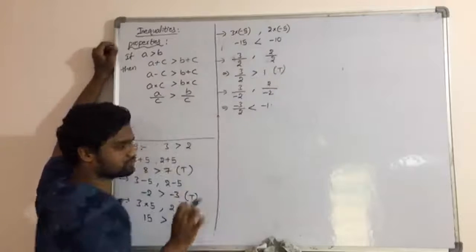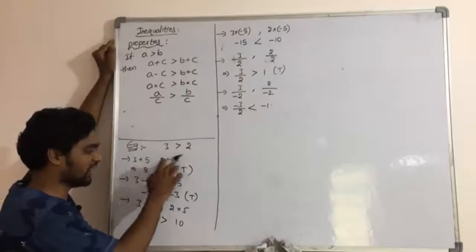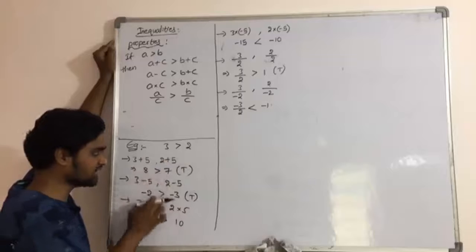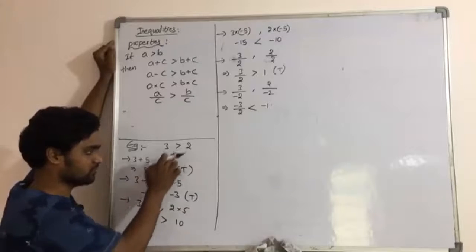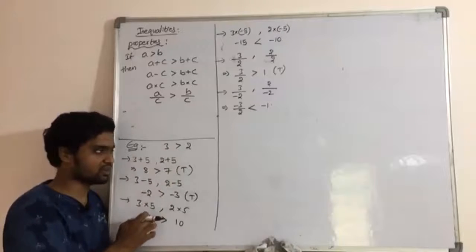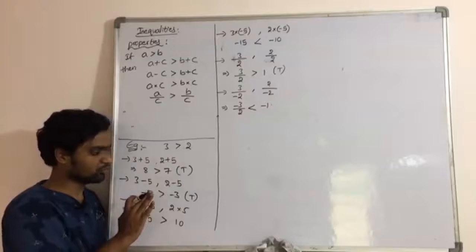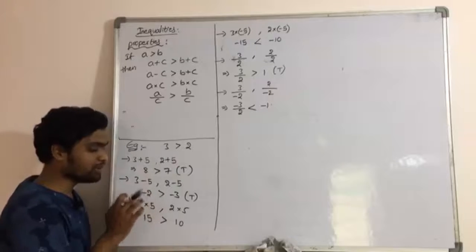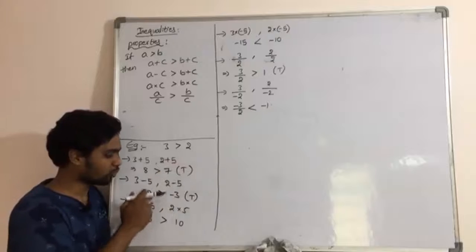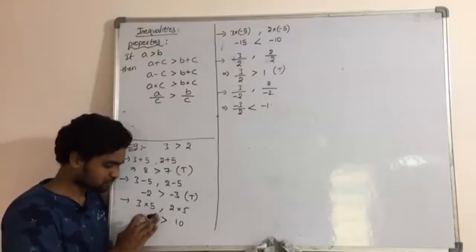two and these two. What happened basically? So when you added or subtracted a particular number, inequality did not change. If it is greater than, it remains greater than. If it is less than, it remains less than. That won't make any difference. But coming to multiplying with a number on both sides of the inequality, there's a lot to consider.